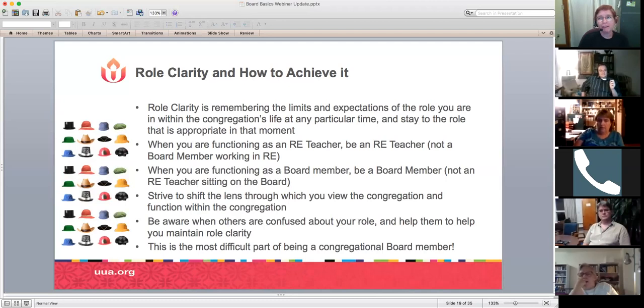But it does happen when you have that quarter-time or half-time position and you live out in the middle of nowhere, you're not going to get somebody in who's going to do the job who's not a member of the congregation. So one of the things I want to talk about is that you need to really make sure there are boundaries around that job description and the relationships with those people. I can speak from experience, knowing many people who've been in this position of governing boards who've actually said, well, you're over your time, it'll just be your volunteer hours. And that's not legal, first of all, and that's not fair,